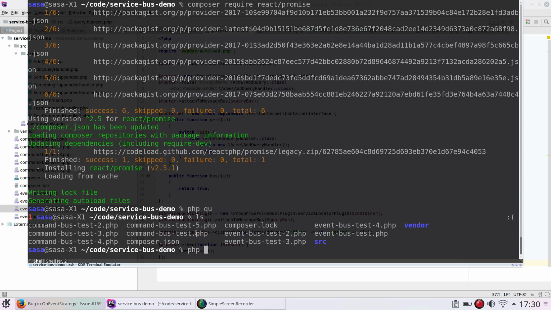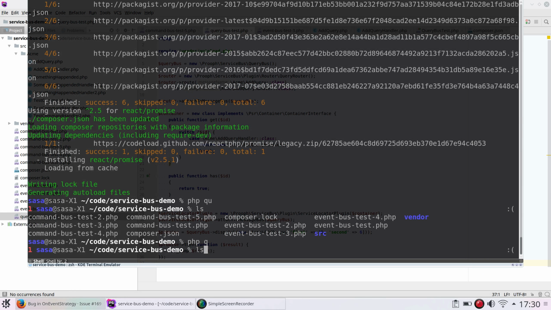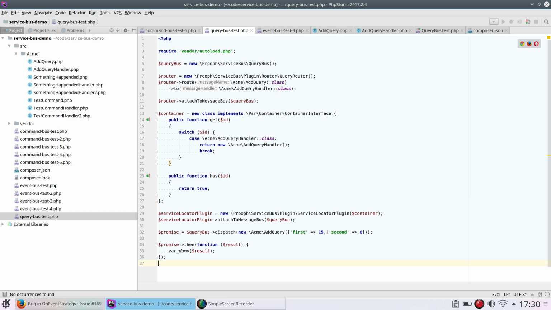Query bus test. Wrong directory. Let's move it real quick. Yeah, it's working. So 15 and 6s. And we have another function. This is not called, right? But in our handler